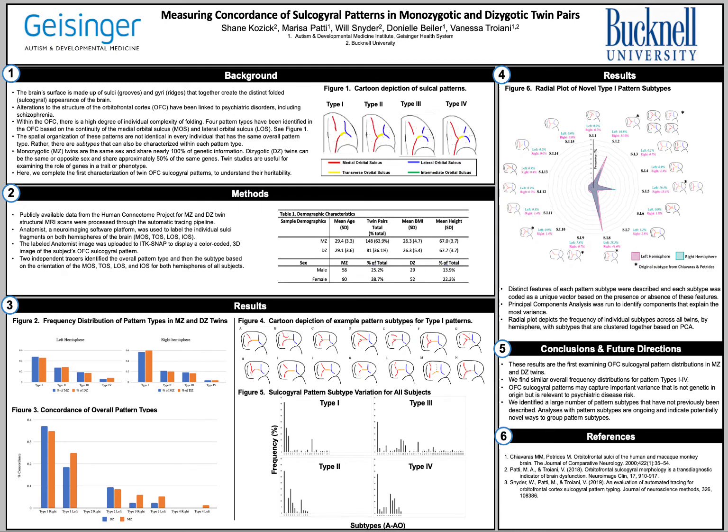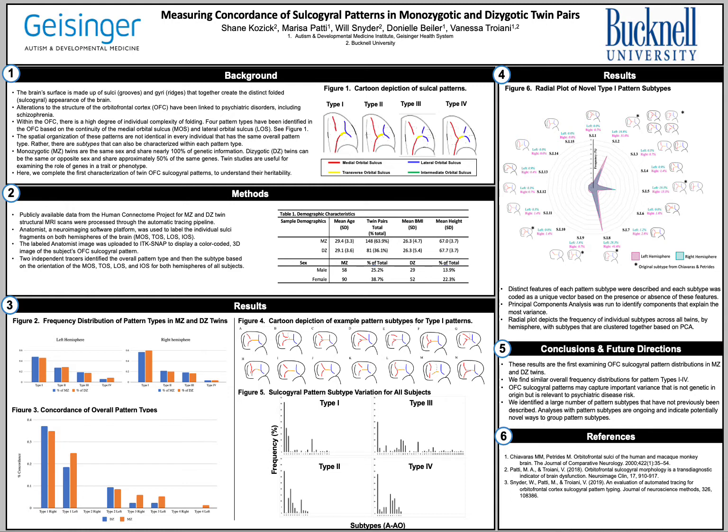The brain surface is made up of sulci and gyri that together create the distinct folded sulcogyral appearance of the brain. The orbital frontal cortex, abbreviated OFC, is one brain region with a great deal of individual differences in sulcogyral variability. Specifically, the H sulcus, which is formed by the intersection of the medial, lateral, and transverse orbital sulci within the OFC, has been a particular focus of ongoing research due to its potential as a morphological mark for various